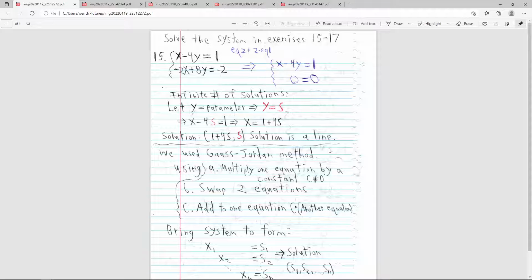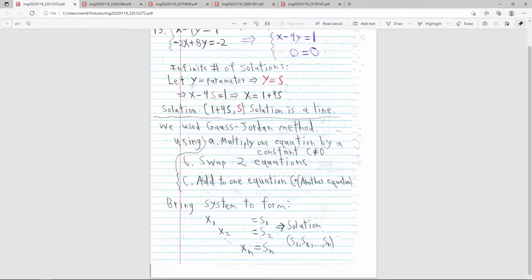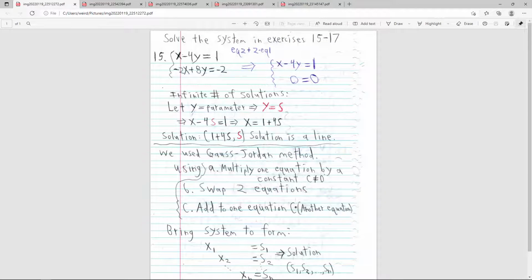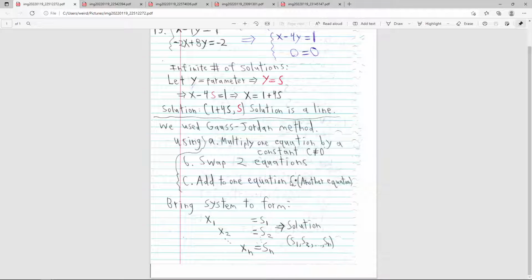It's called the Gauss-Jordan method, and you use three things. You either multiply one equation by a constant that's not equal to 0, so c does not equal 0, swap two equations, or you can also add to one equation c times another equation, which we did. We did equation 2 plus 2 times equation 1, and that's all we had to do. And the point is, you bring the system to the form x1 equals s1, x2 equals s2, and xn equals sn,